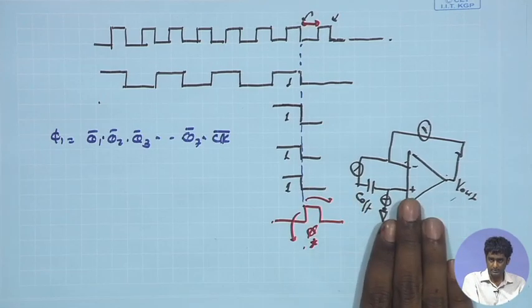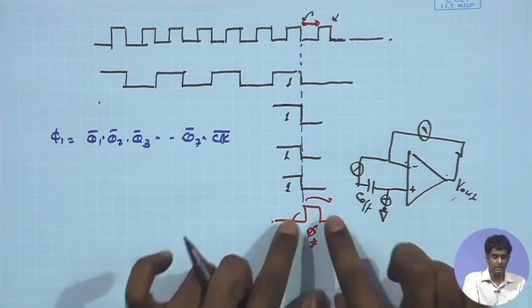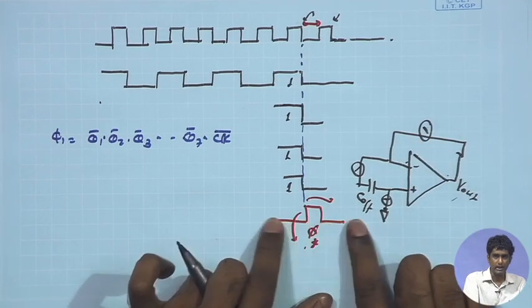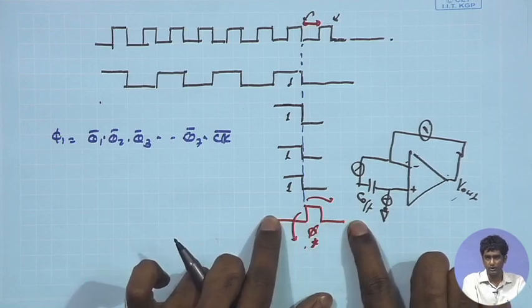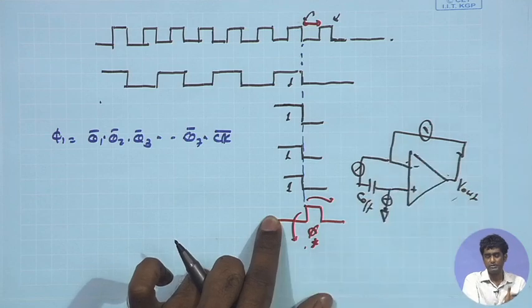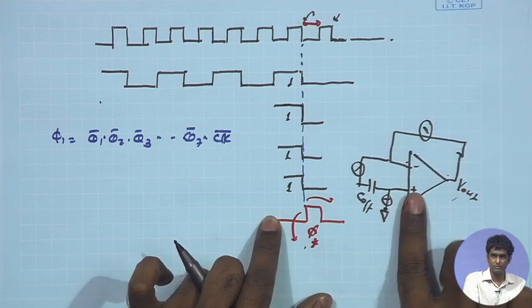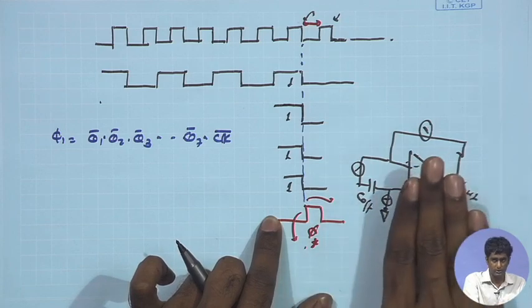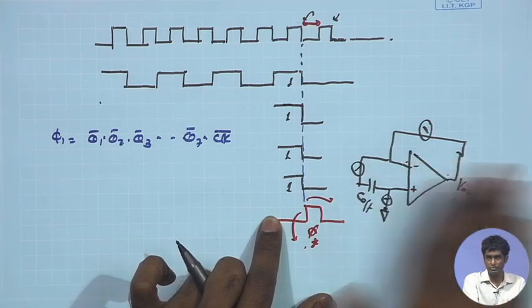So, this constraint may mandate that, okay, rather than trying to push this closed loop bandwidth to a higher value, I can extend this phi 1 duration a little longer, so that I can relax the bandwidth requirement for the closed loop operation. What we discussed yesterday, that in open loop bandwidth, you do not have the compensation capacitor, you do not have the stability constraint. So, that is not a major constraint, you are easily able to achieve the open loop bandwidth,